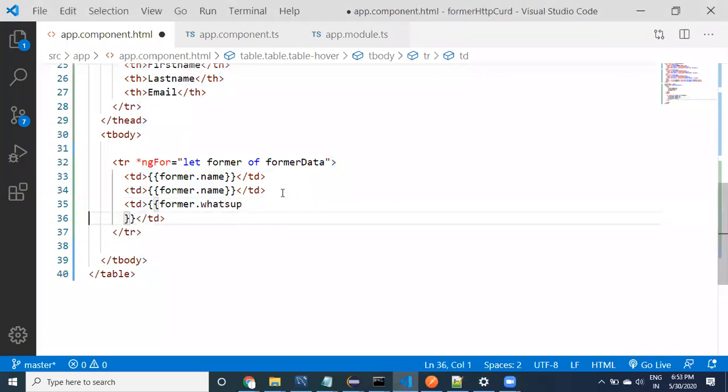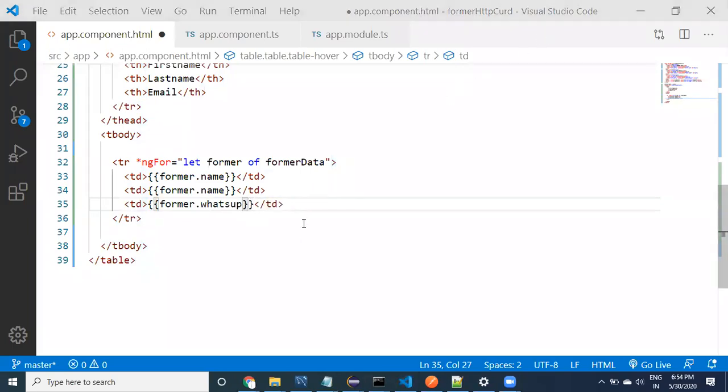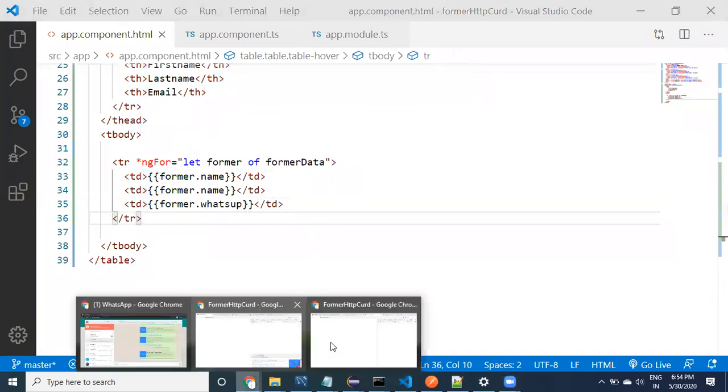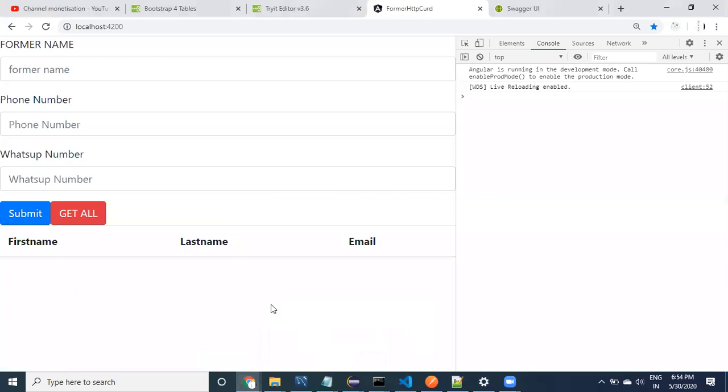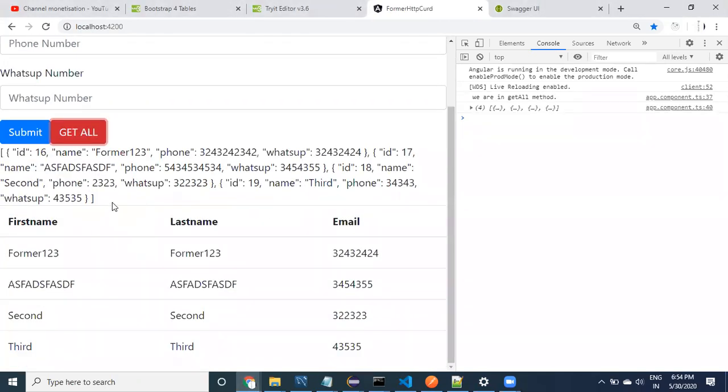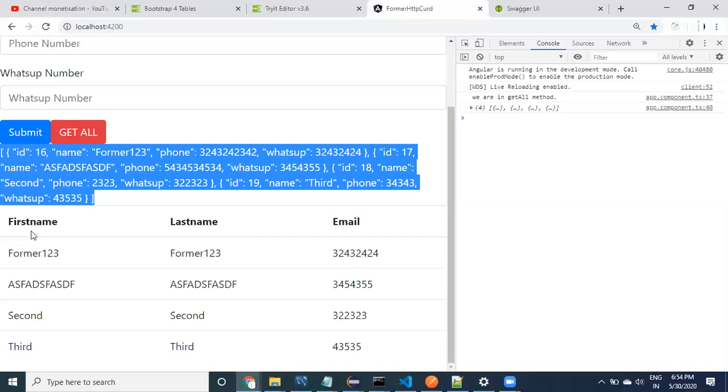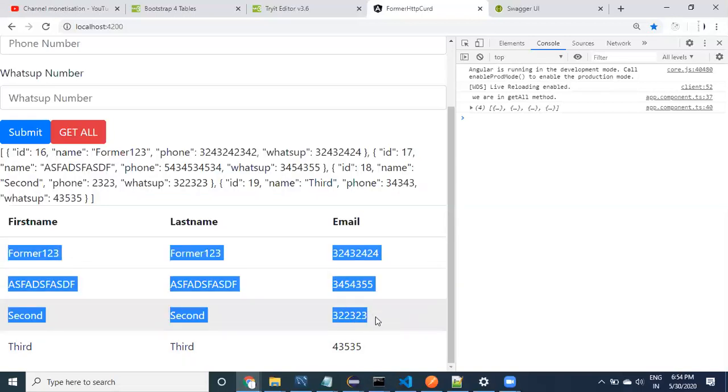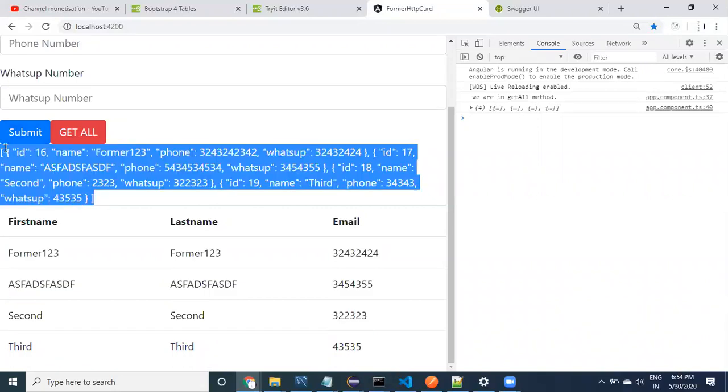Okay, I just want to use these properties. Okay, yeah, let's look at it, guys. This is going to fill up with our data. By default it is displaying some table columns, because by default no data will be available. Click on get all. So we are displaying such information, and along with that the data is also getting displayed. This is dynamic data. I don't want to display this JSON information.